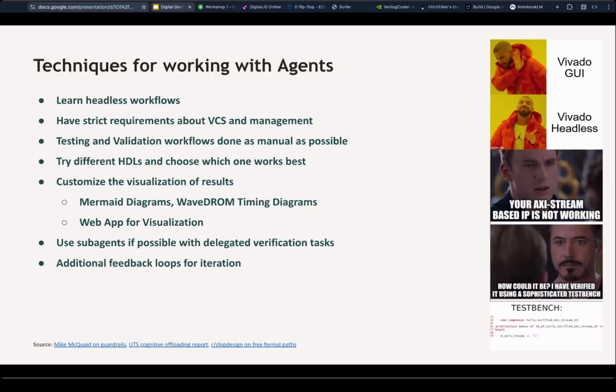So that's another technique when it comes to working with agents, because that way you have some sort of control over what's being written, right? So you can verify, and the agent can iterate on its implementation until it fits the validation workflow that you